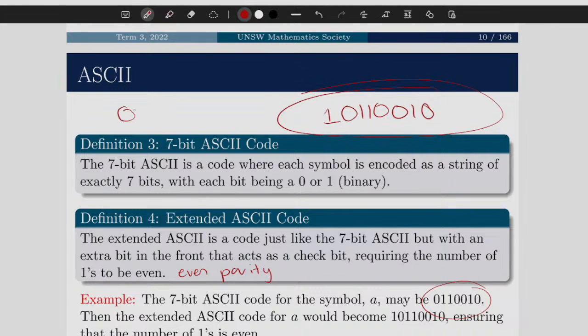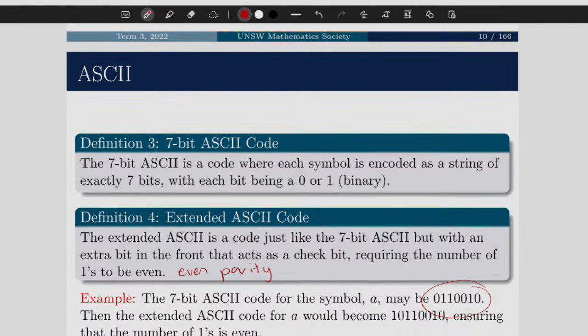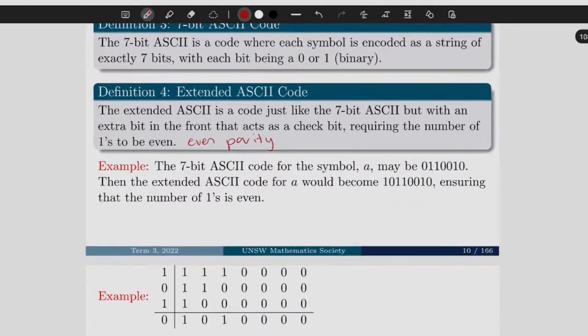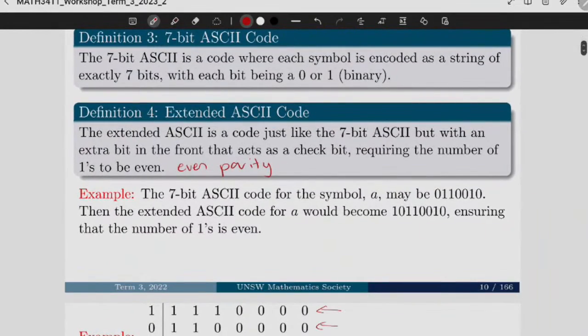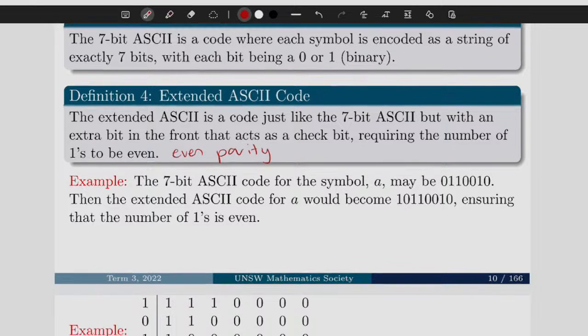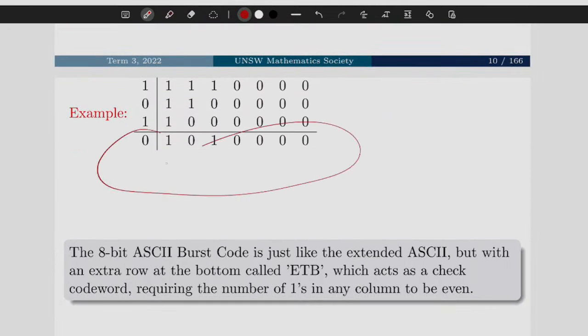Perfect. However, if I had a very different code, so for example this is our 7-bit ASCII, and I wanted to add another check bit to make it an even parity, well, it's already even, so I just throw in an extra 0 at the front. Very simple. And that's essentially the concept there. We give you an example of this, very much the same as what I just did above, so I won't go into it in a lot of detail, but you can see, okay, odd number, I need to balance it out with another odd, just so it becomes even.